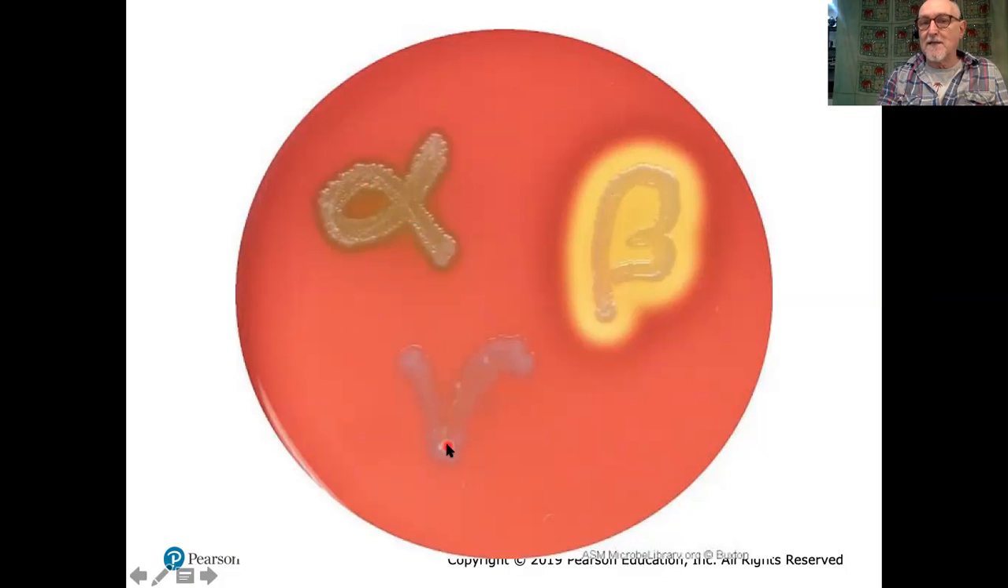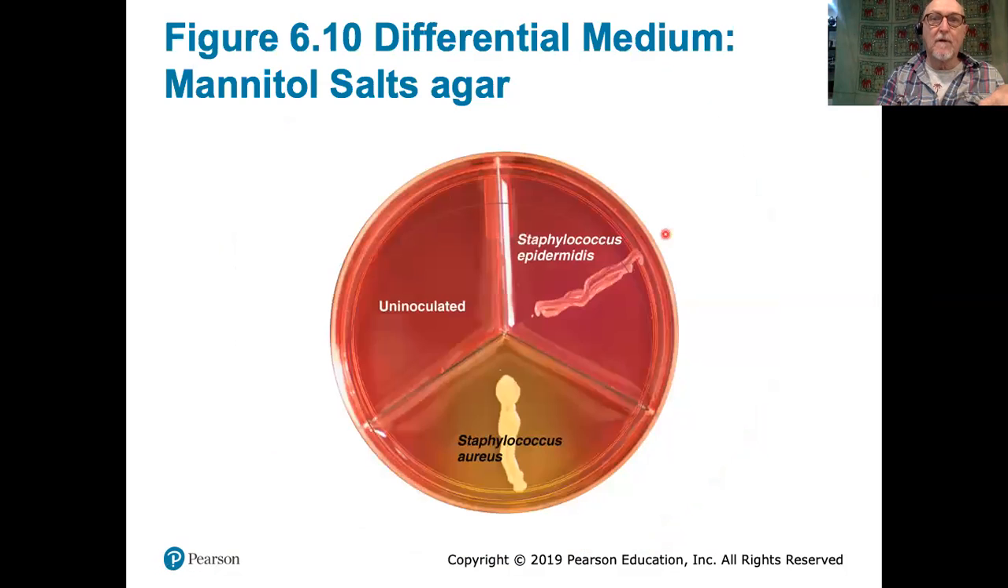Gamma hemolytic bacteria, they're not able to hemolyze at all. Only alpha and beta are. So that's purely differential. It's not selective at all. Here is another differential medium. This is one that you would or may encounter in lab. This is called mannitol salts agar. And it is, as its name suggests, it contains a sugar called mannitol, and it contains salts,